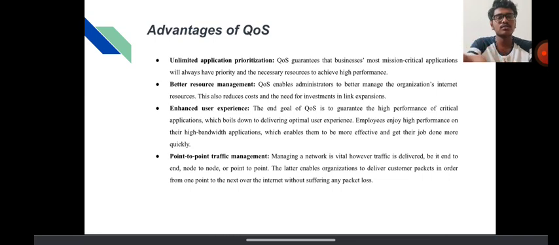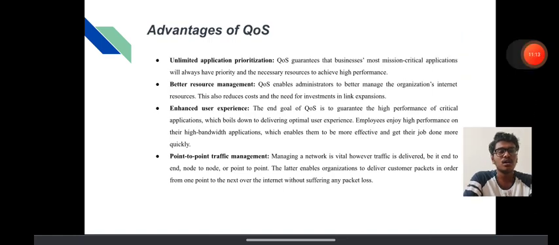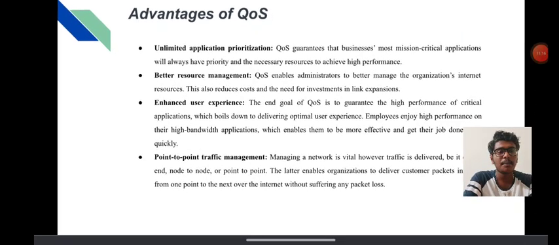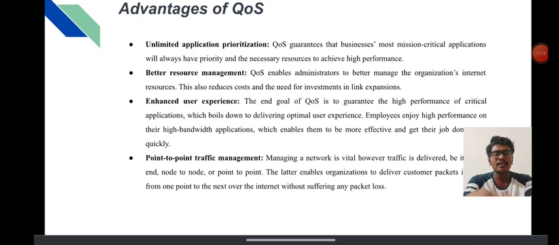Advantages of QoS: unlimited application prioritization, better resource management, enhanced user performance, point-to-point traffic management. These are the advantages of quality of service, in which unlimited application prioritization: QoS guarantees the business's most mission critical applications, and QoS enables better resource management so administrators can better manage the organization's internet resources and